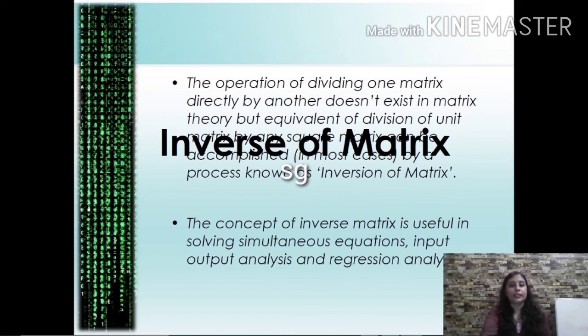Okay. Next is the inverse of a matrix. The inverse of a matrix will be very important while solving simultaneous equations. But before going into the inverse of a matrix, we need to understand a few other concepts. They are the adjoint of a matrix, the minor of a matrix and the determinant of a matrix. So before going into the details of that, we will go over to the next video for the continuation of this chapter.